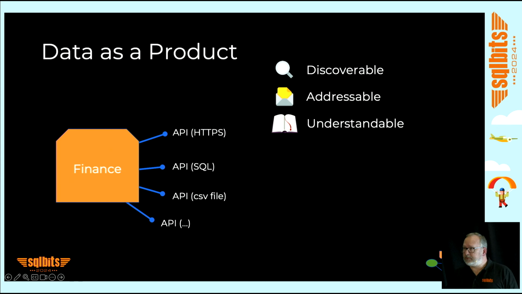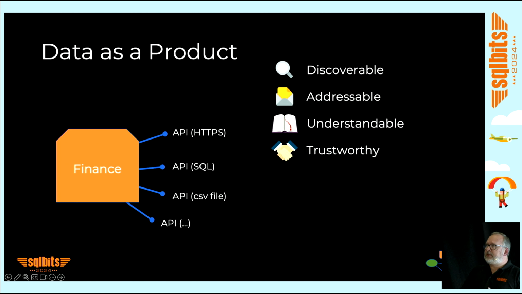It needs to be understandable, obviously. So for each and every data product, there should be a set of documentation that thoroughly explains what this data product is, what the different attributes in a data product are, and what we can use it for. It needs to be trustworthy. It needs to adhere to a set of best practices of data quality. We need to know that this is the truth for this type of data. And maybe also following that, it could have applied some kind of policy or service level objective that one has agreed upon across the organization.